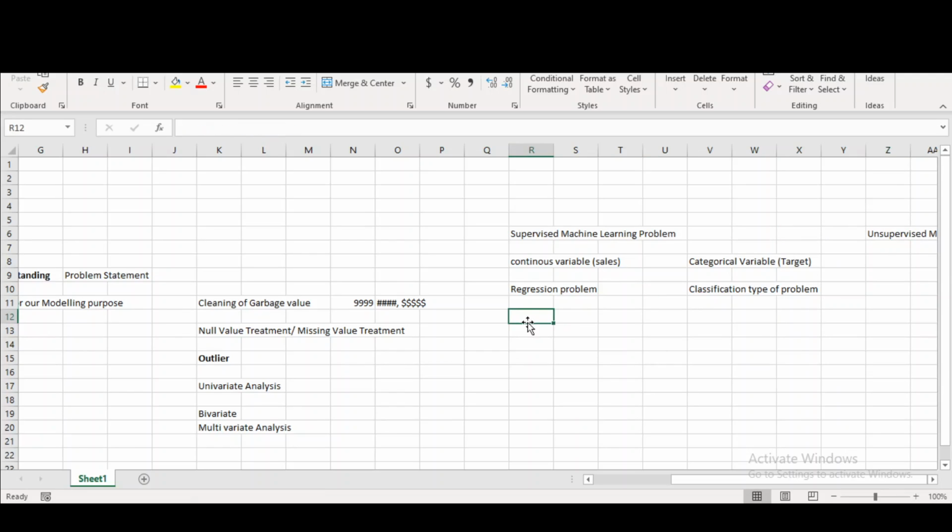In regression, we have simple linear regression to start with. Then we have multiple linear regression, where we have n number of independent variables helping us do the prediction. Then we have polynomial regression.